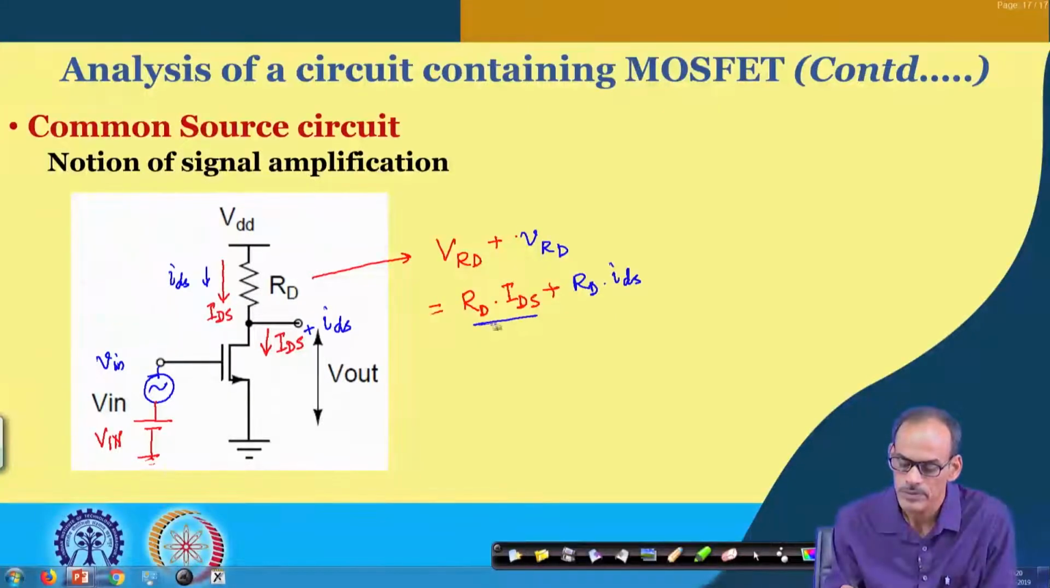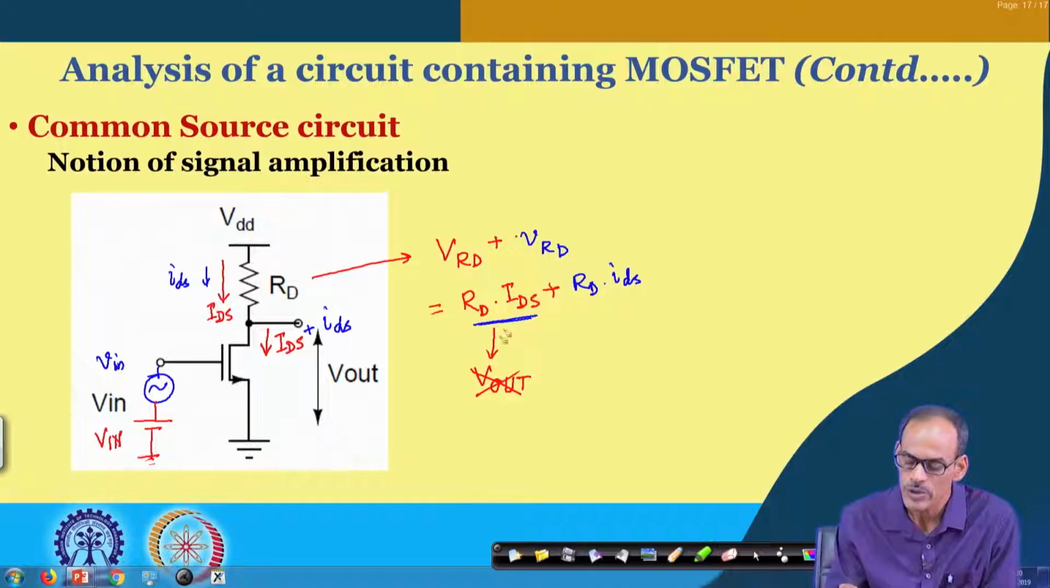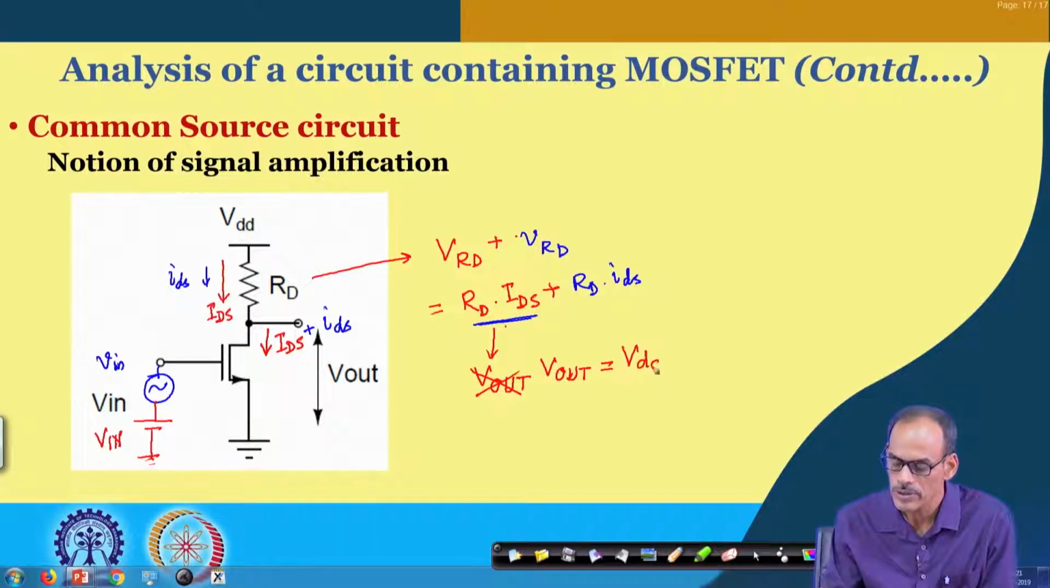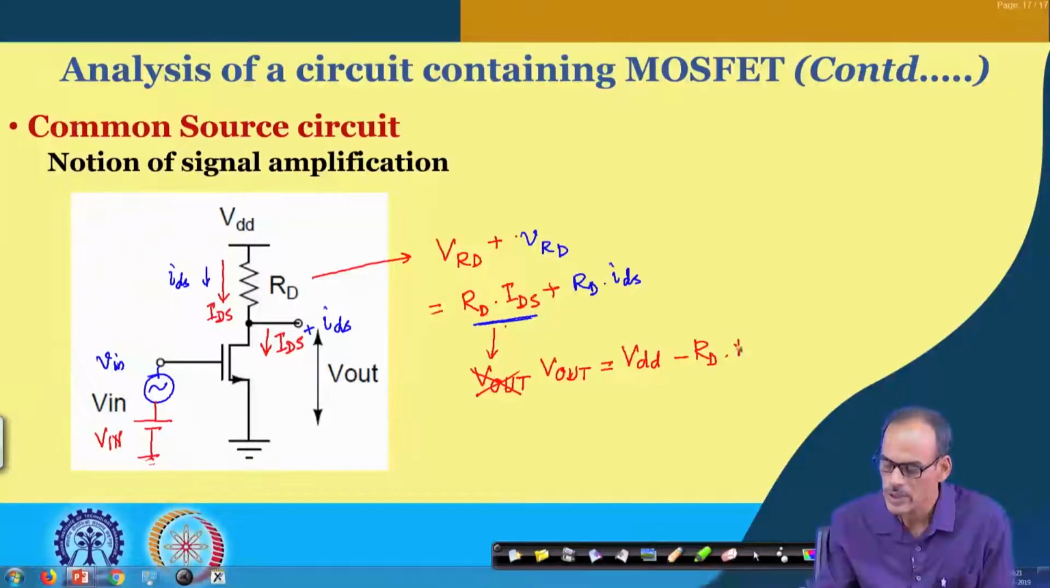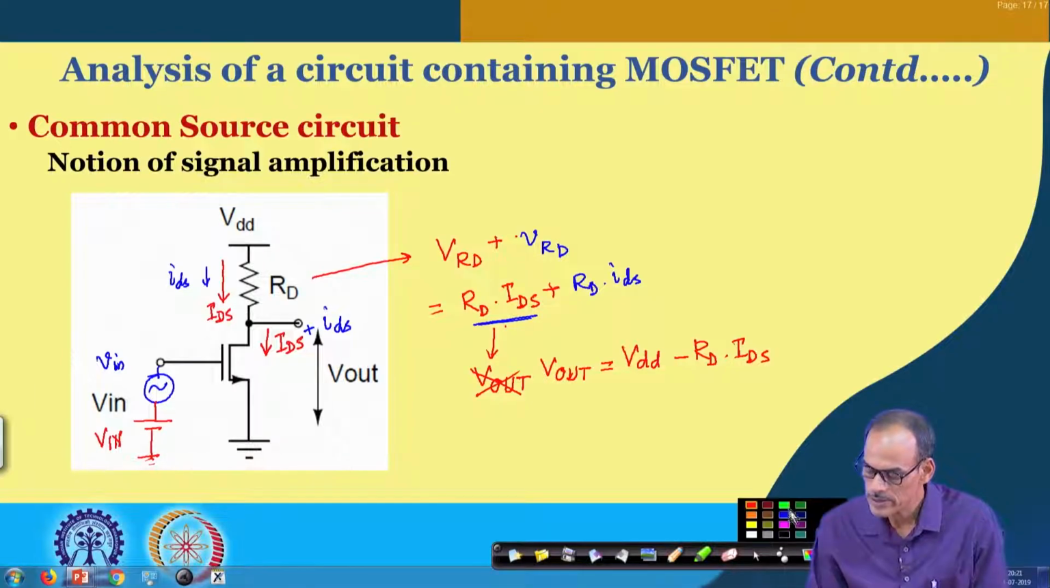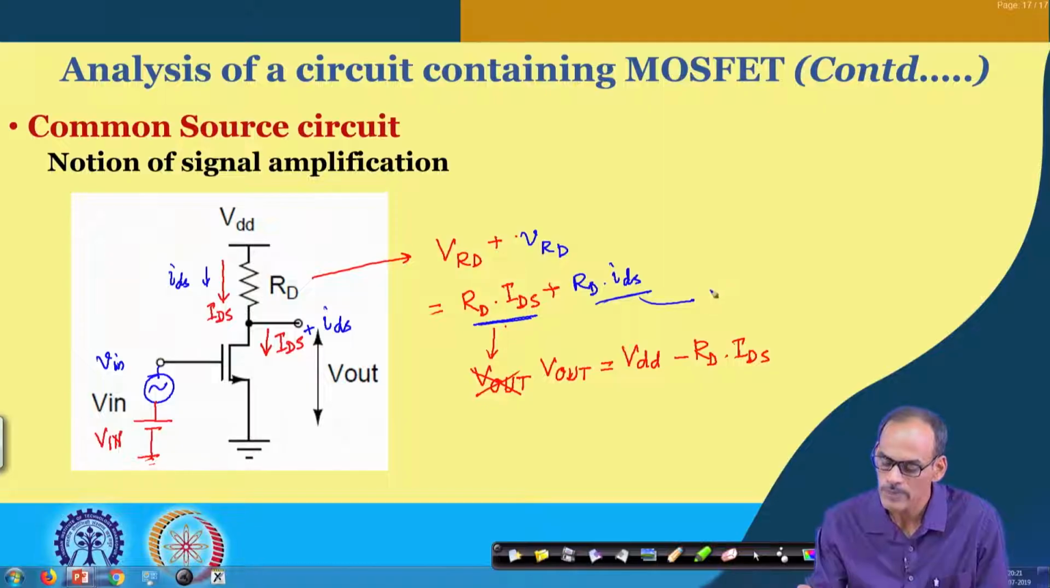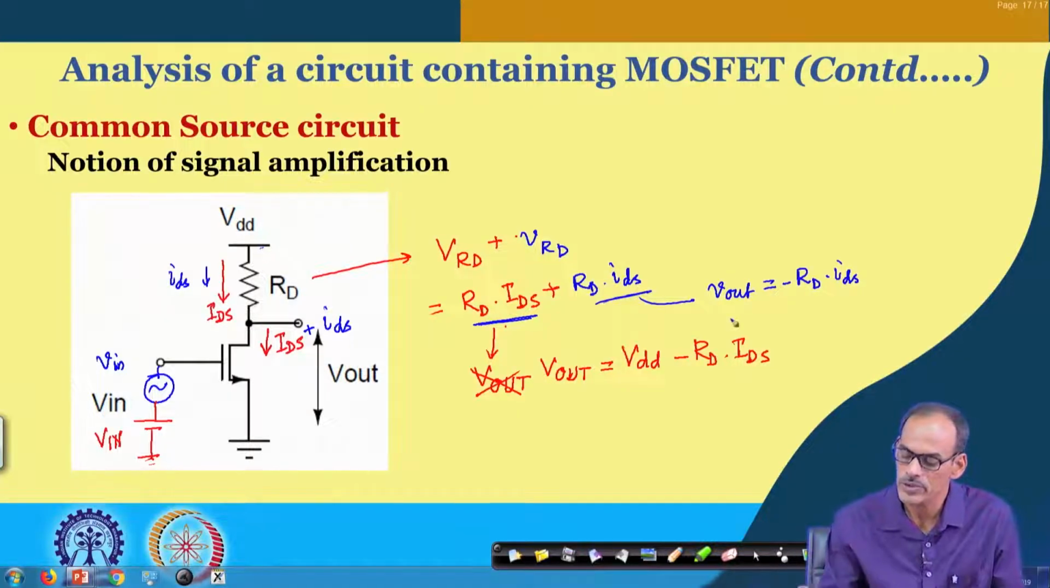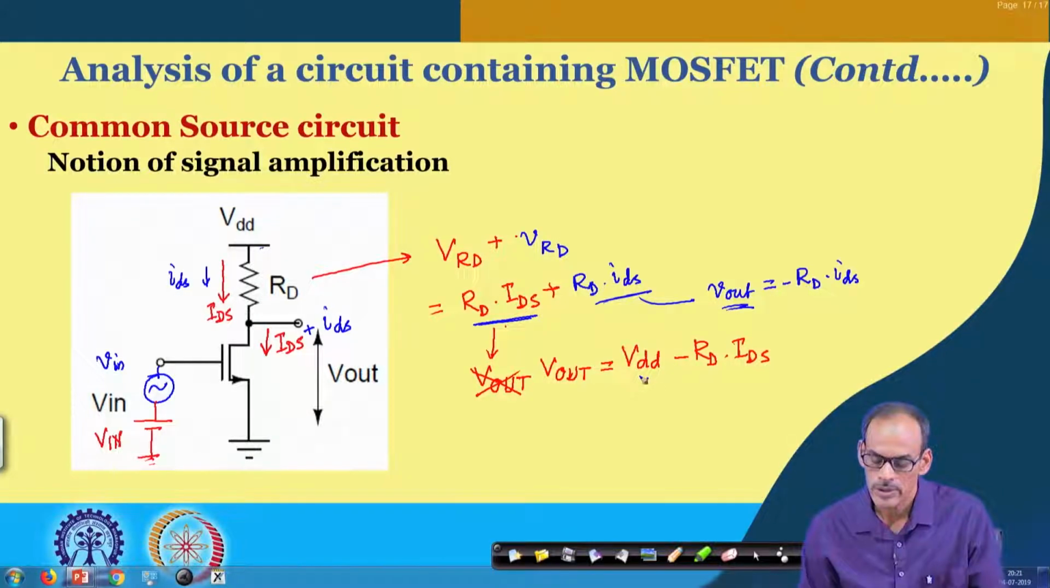And this part, what we said is the DC part of the V out, rather I should not say exactly DC part, this gives the DC part. In fact, I should say V d d minus this part is the V out part. So, we can say that V out is equal to V d d minus R d into capital I d s, whereas this part gives us V out equals minus R d into I d s. Note that for signal we consider this is a C ground. So, for signal we do not have this V d d part there,